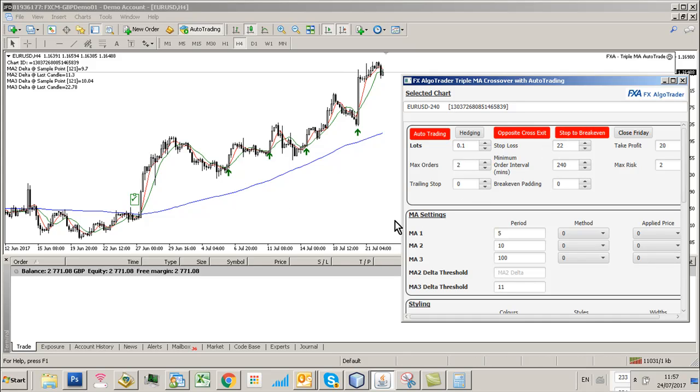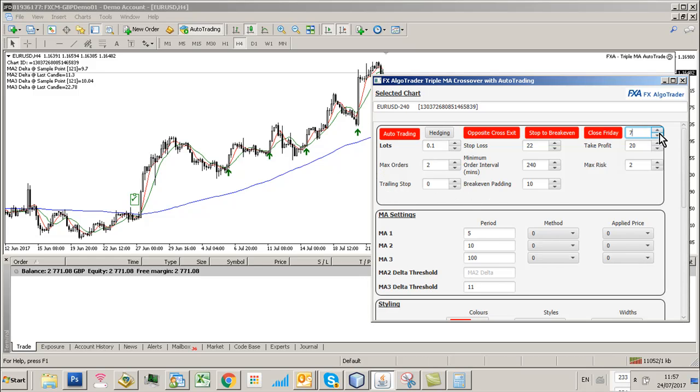You can actually set the stop loss to go to break even after a certain number of pips. So if the position goes into profit by, say, 10 pips, put your break-even padding at 10 pips and the stop loss will be moved to the order entry point after 10 pips, so it reduces the trade to a no risk trade. You have an option to close all positions on Friday at 7 o'clock in this case, so you can use the spinner value to control the time the system will shut down on a Friday and